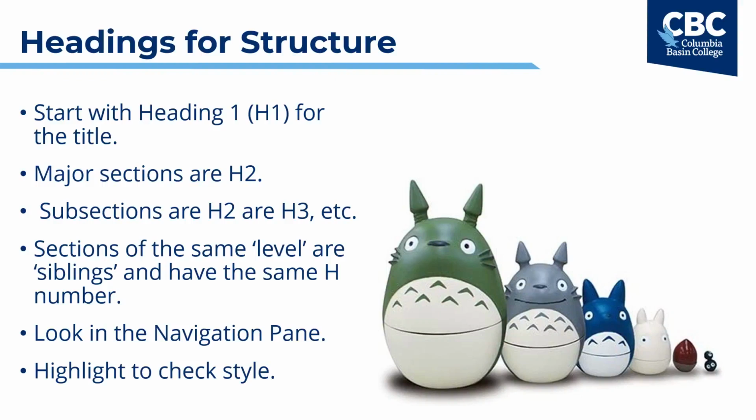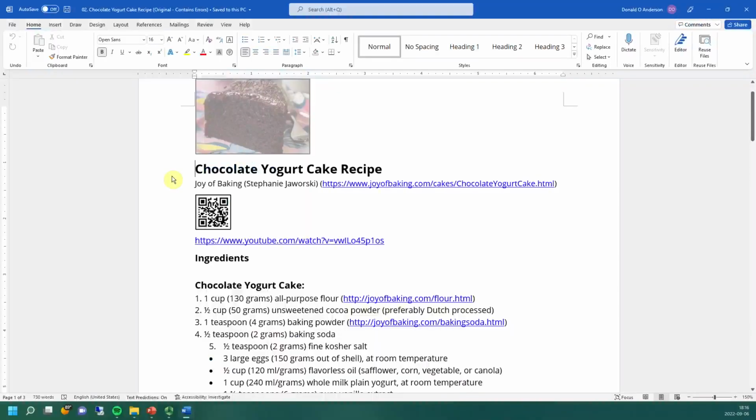However, talking about headings in abstraction can get confusing pretty quickly, so let's take a look at a Word document example and apply headings together. Here we've opened the Microsoft Word document containing the chocolate yogurt cake recipe from before. It appears that there are headings here if we base it on the size of the font and whether or